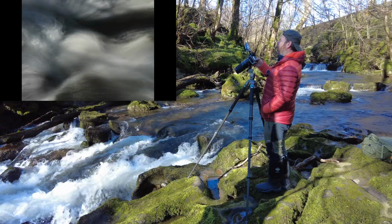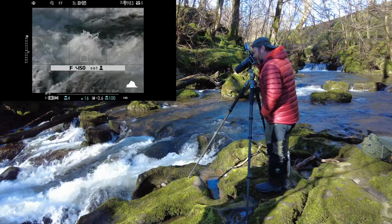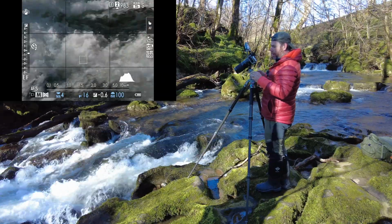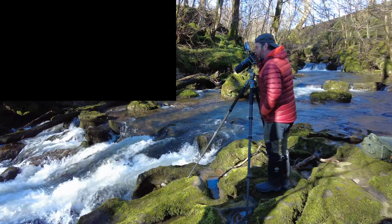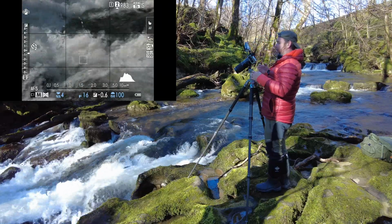Yeah, you see, I'm way under there, so I've got plenty to work with. But the patterns that this is making are just absolutely beautiful. And just by moving your camera these small increments, you can get such a different look to your image with this. Now, obviously I'm in at 100 with this one,